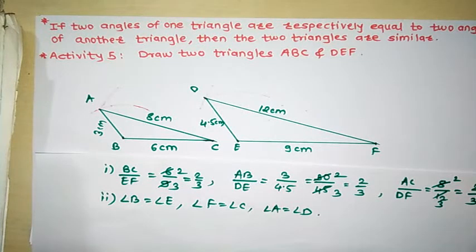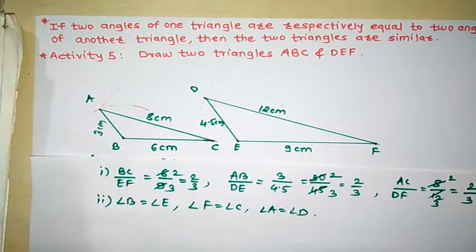You can understand this. Now after this, there is a theorem based on this activity. That theorem's name is the triple S similarity criterion, that is side-side-side similarity criterion, which is exactly like the converse of the triple A similarity criterion. If all three corresponding angles are equal, then all the ratios of corresponding sides are the same. Like this, if all the corresponding sides are in the same ratio, then all the corresponding angles are equal.